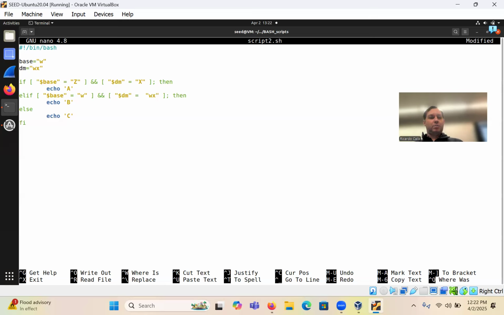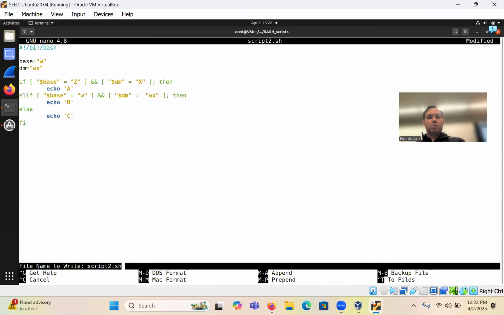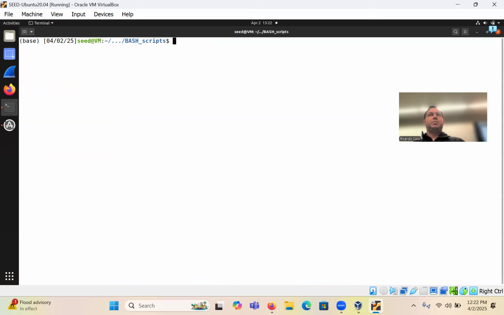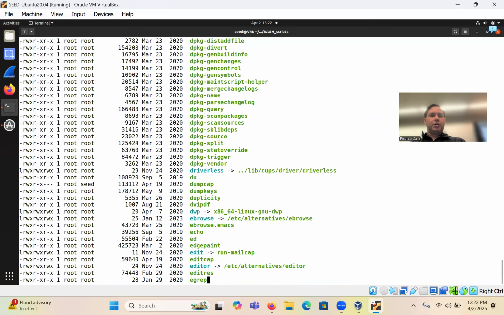All right, so now we can try it out. So I'm going to do Control X. So just like before, Python was in the bin folder, and then in the bin folder we have Bash. So I'm going to show you something important here. So we are going to do ls -l bin, and then there should be a lot of files in there, right?